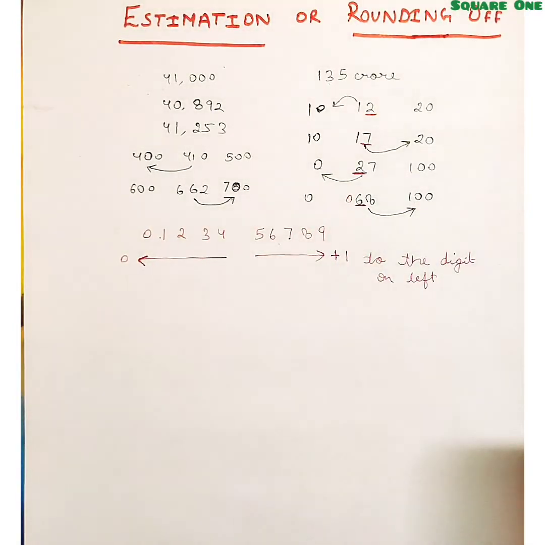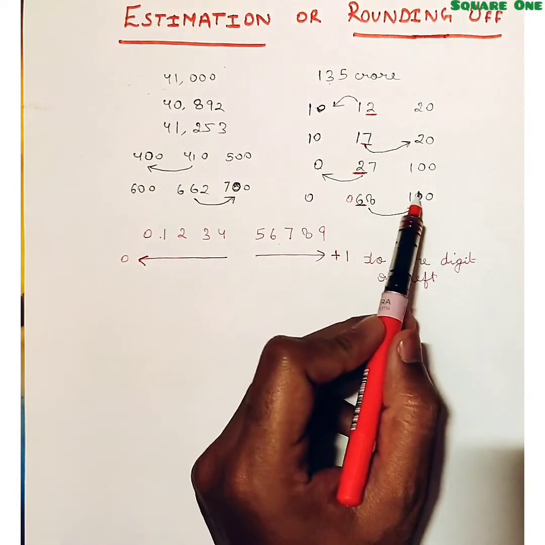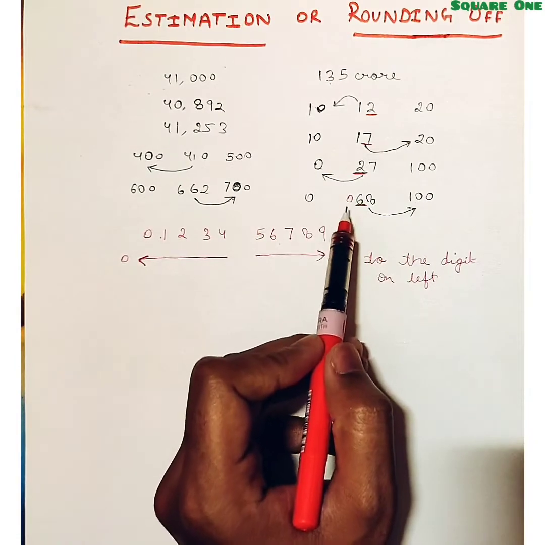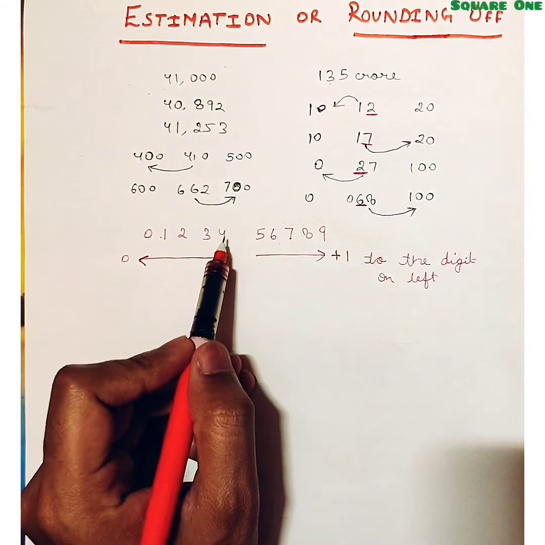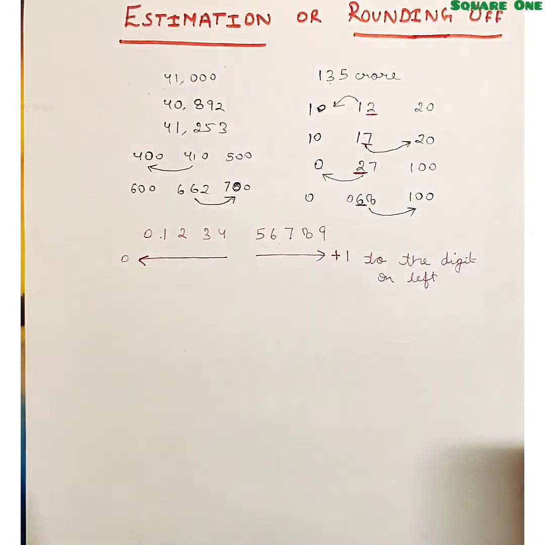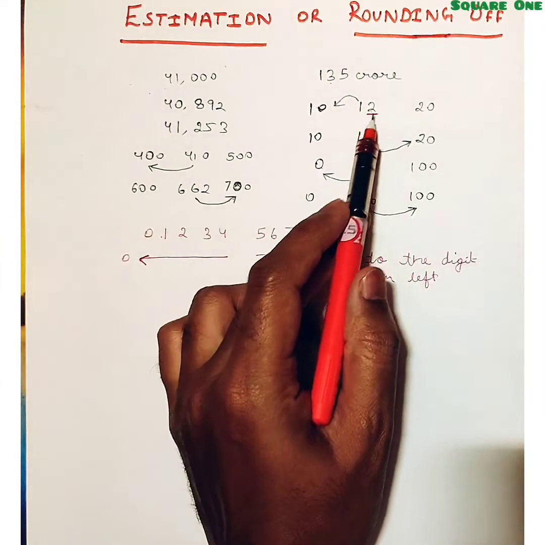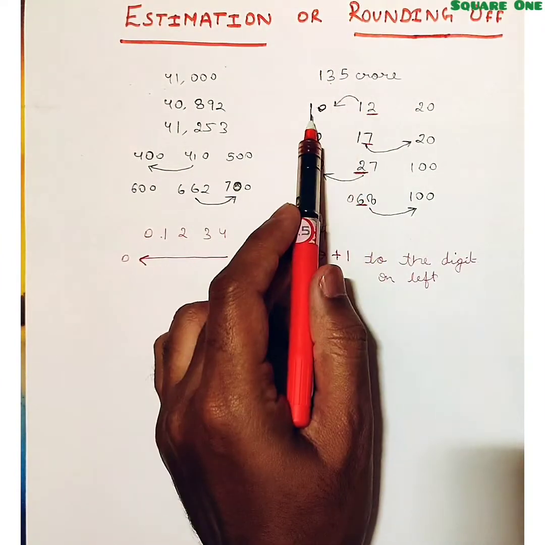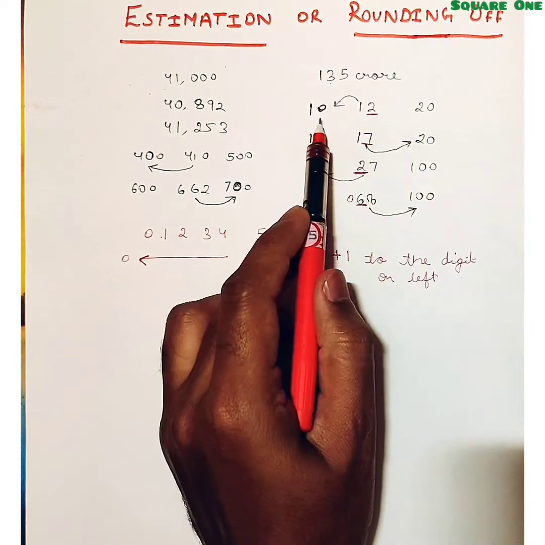Okay. Once we round off the digits, all the digits including the digit that we round off becomes 0 and 1 is added to the digit on the left. If the digits are 0, 1, 2, 3, 4, they all simply become 0 and the digit on the left remains the same, but the digit that is being rounded off, it becomes 0. In this example, you have seen that this 1 remains 1, but 2 is rounded off to 0.